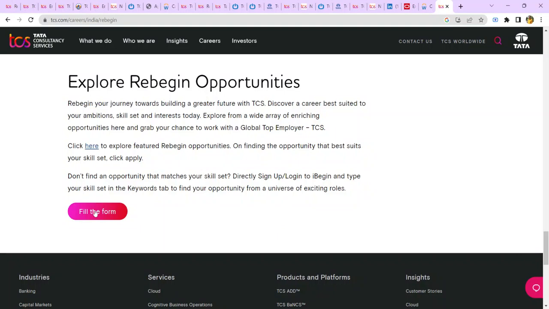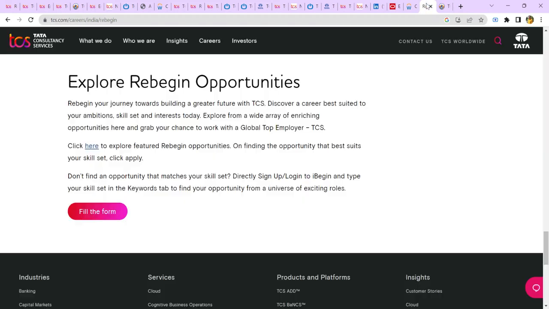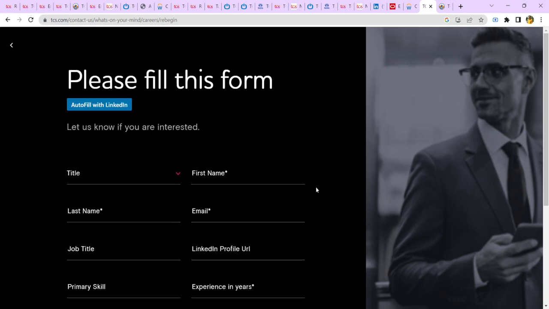There is a section called Explore Rebegin Opportunities. Click here, that will redirect you to the actual job portal, that is the TCS iBegin website, where you can just register or log in to check for openings. Along with that, you can also fill up the particular form here. So if you fill up and submit, that will also